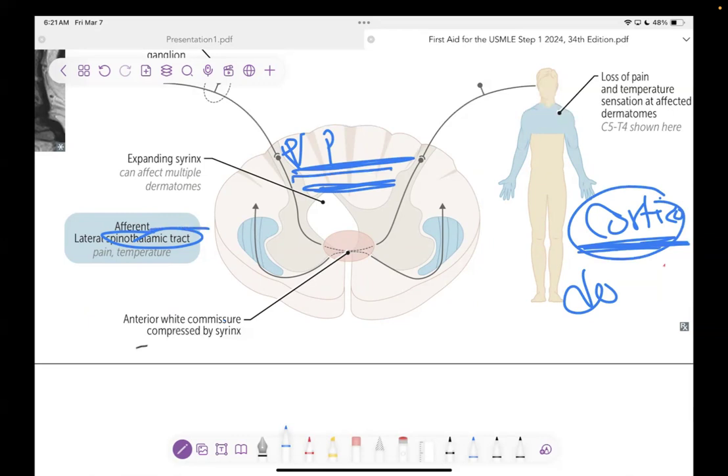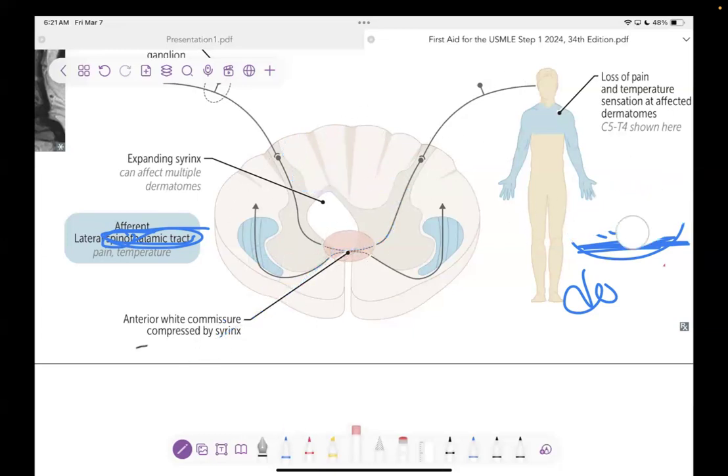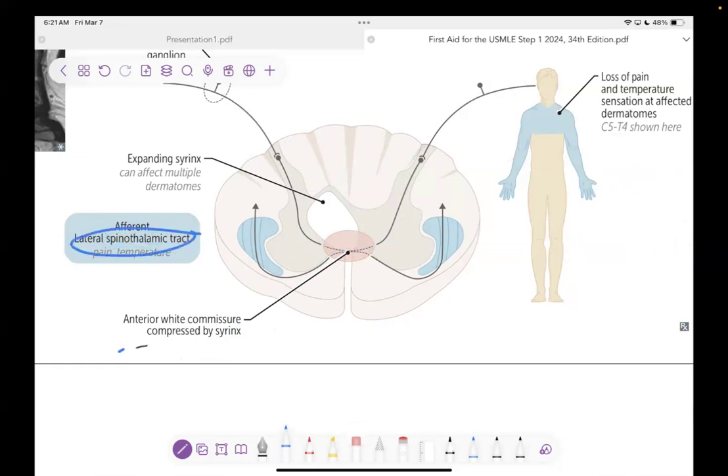The only exception is the spinothalamic. Spinothalamic does not cross in the medulla. The spinothalamic, as the name says, crosses from the spine. It means that the information from the left side of the body right away crosses the spine and goes to the brain. Why does it do like that? Why can't spinothalamic wait until reaching the medulla? Because spinothalamic is in the lateral. For example, if we take the sensation of pain and temperature,